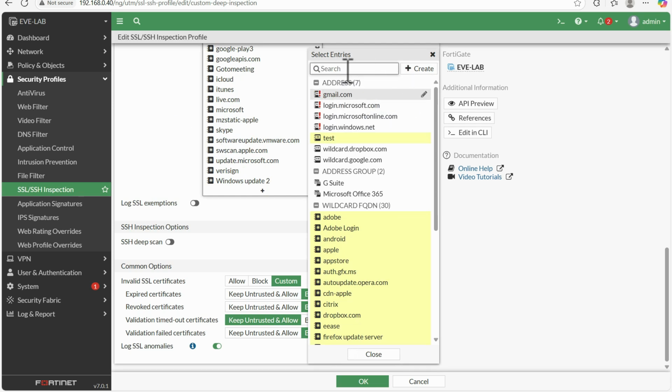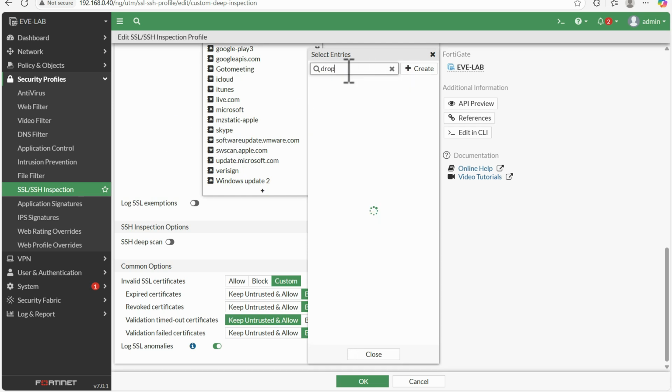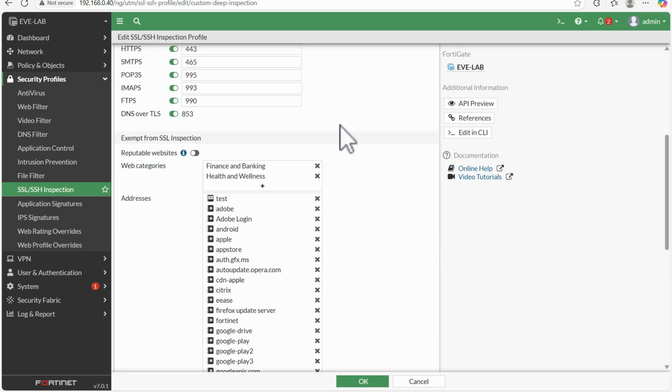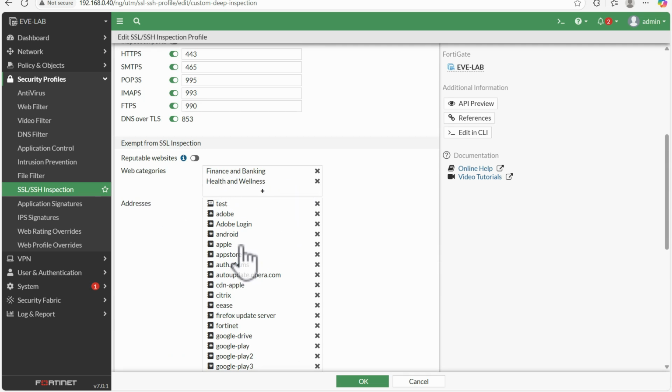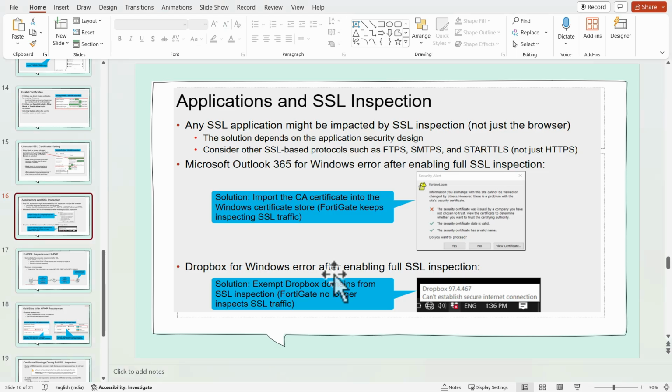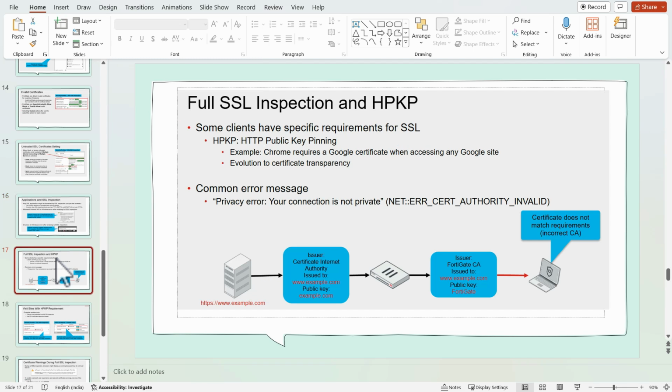Either you can use the Dropbox wildcard domain, or you can check the Dropbox category and take that category, depending on your requirement. To solve this problem, we have to exempt Dropbox from SSL inspection. This was the first scenario.